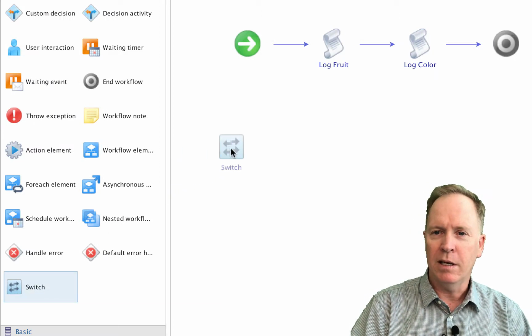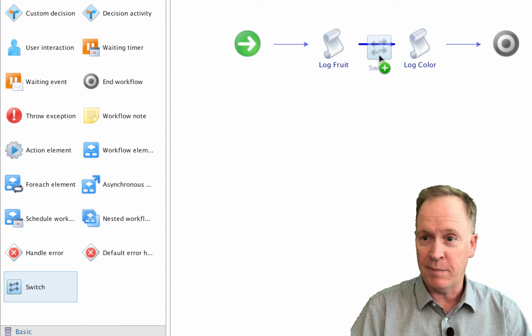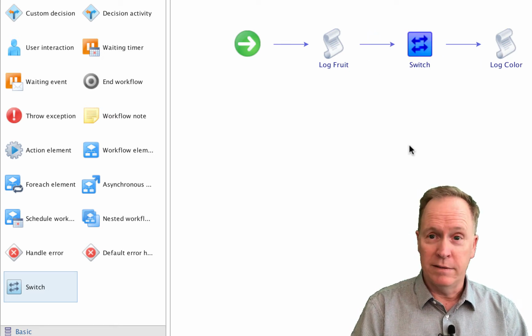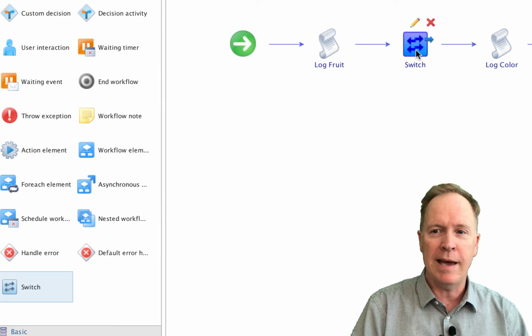Now's when, if you're ignoring what I was doing before with those scriptable tasks, that's fine, but now you've got to pay attention. I'm dragging out a switch statement. All you have when you drag out a switch statement is the default case. The default case is already predefined, but we need to define those other cases. So we're going to edit this switch,